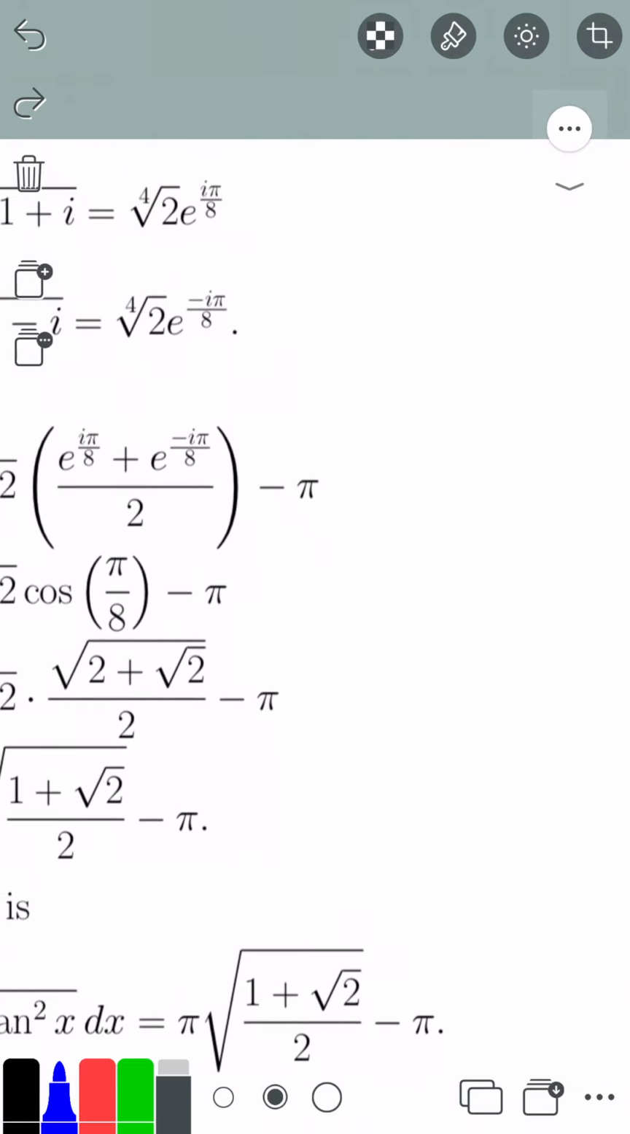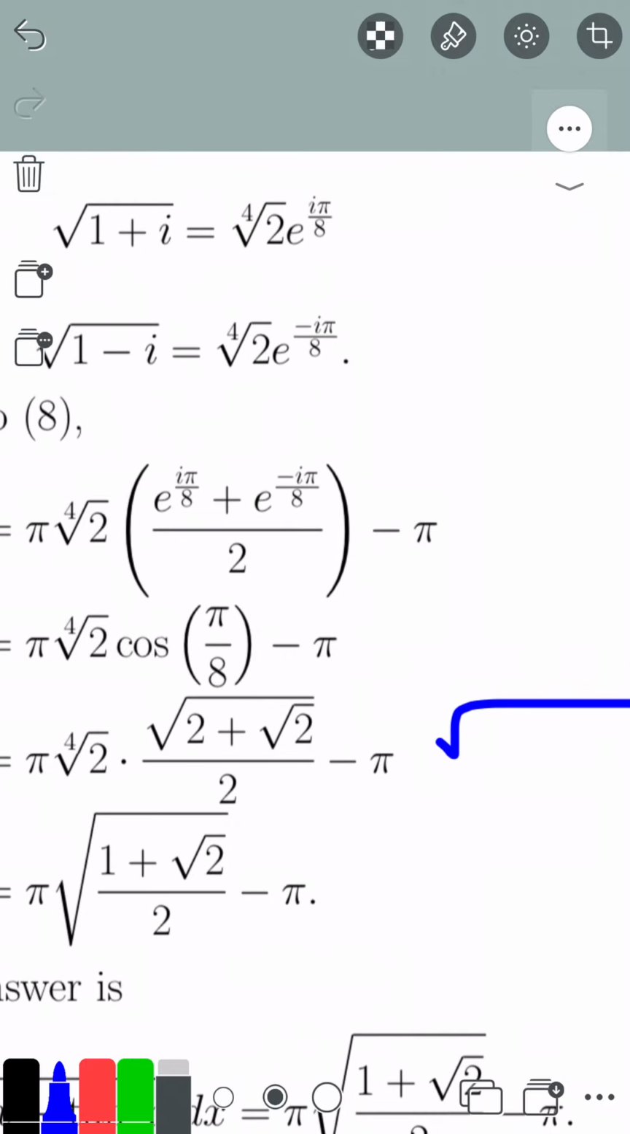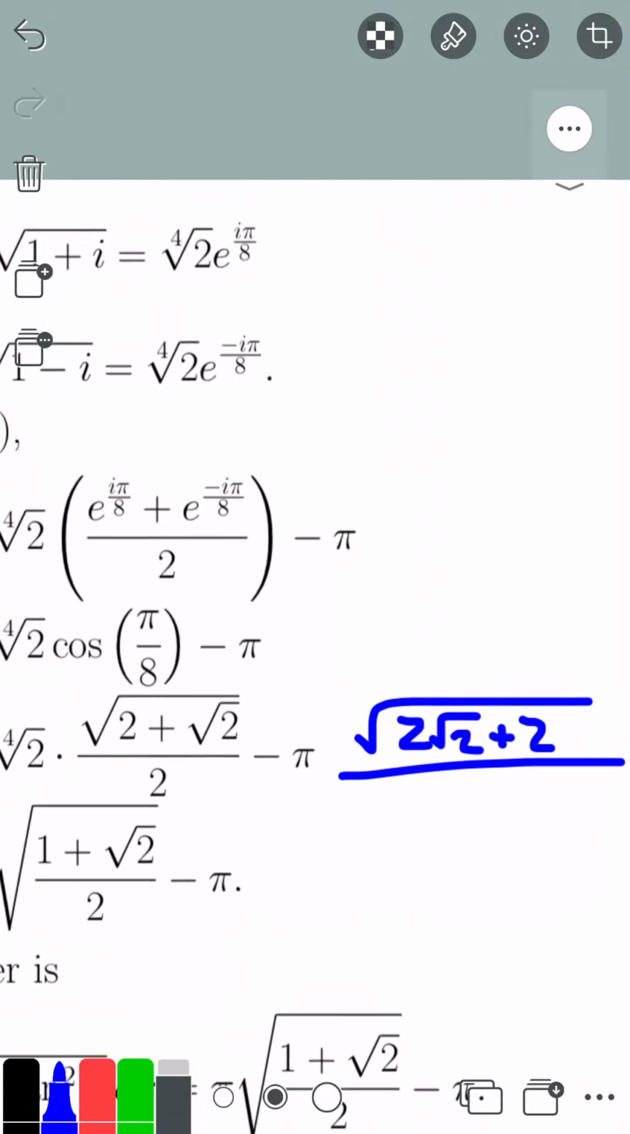So what I mean is, the fourth root of 2 is the square root of the square root of 2. So we can multiply the square root of 2 inside the square root sign here. And what we get is the square root of 2 times square root of 2 plus 2, because square root of 2 times square root of 2 is 2. And then divided by,